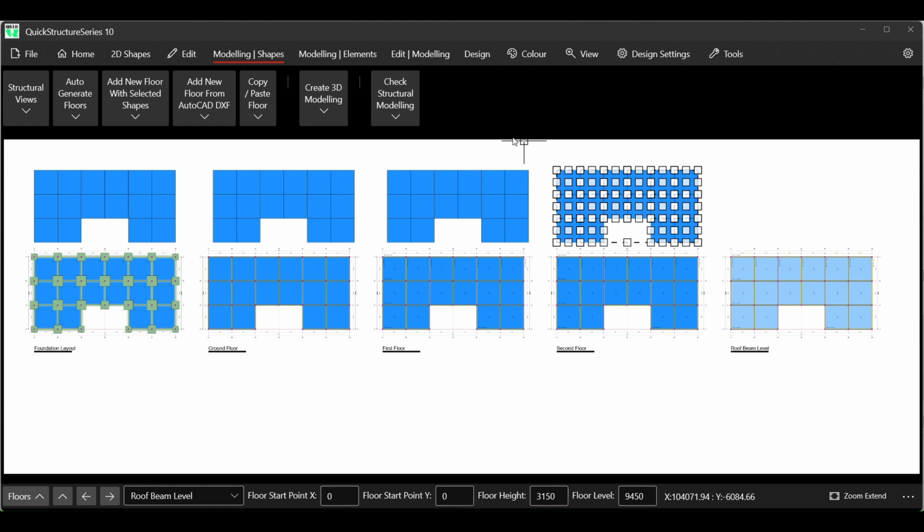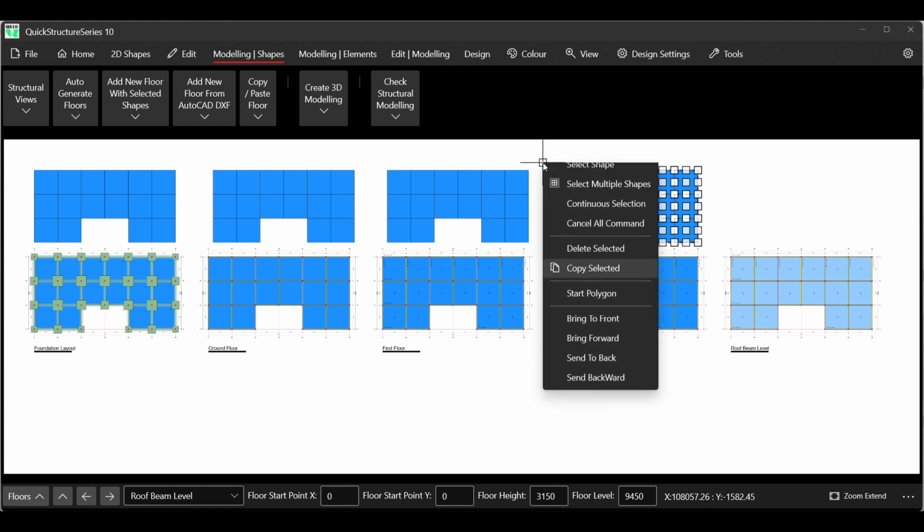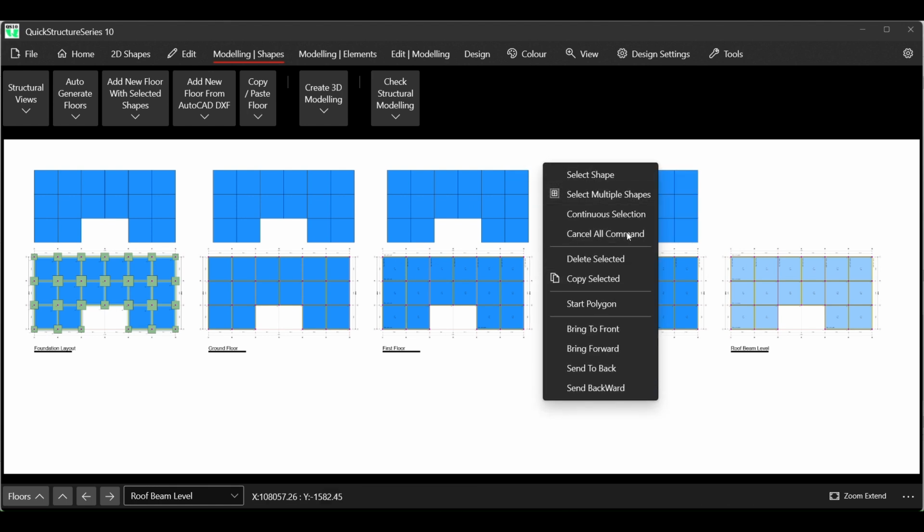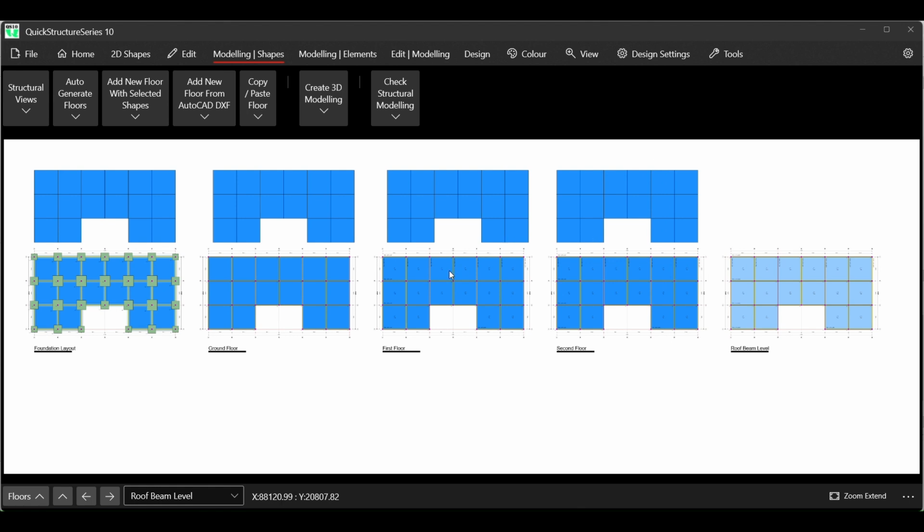Actually, modeling with shapes is, in fact, one of the reasons why we created it, because people of course always ask, oh yeah, you can always import your drawing from AutoCAD, but we realized, why don't you do the same directly in the software. You can also create those rectangles directly in the software, and then you can add them as a floor. It's almost the same, to be honest, because when you model in AutoCAD, as I've said before,